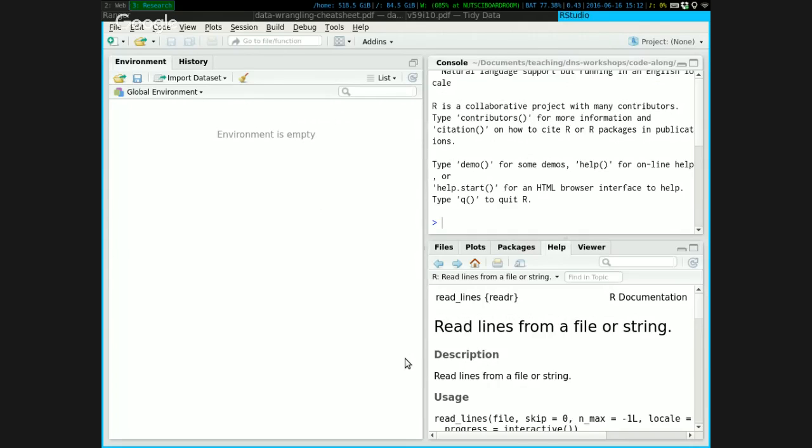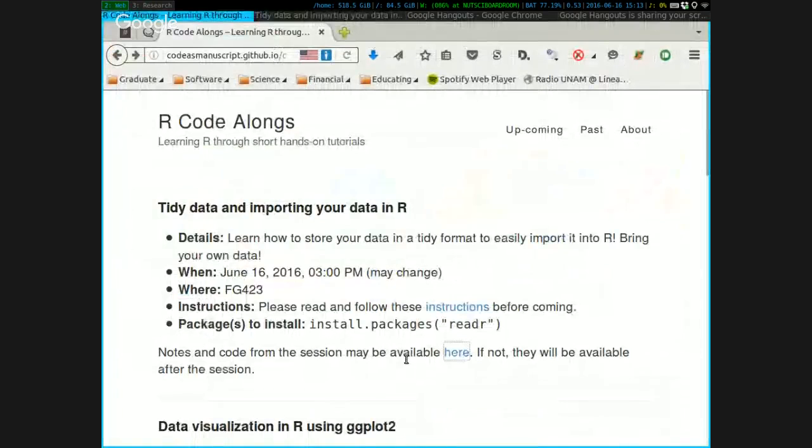Okay, so this is a workshop where I'm going to go over aspects of how to organize your data into a tidy format. Normally, a lot of the time, you get data that's kind of messy. You're probably a little bit familiar with that. So I guess the first thing is if you go to the